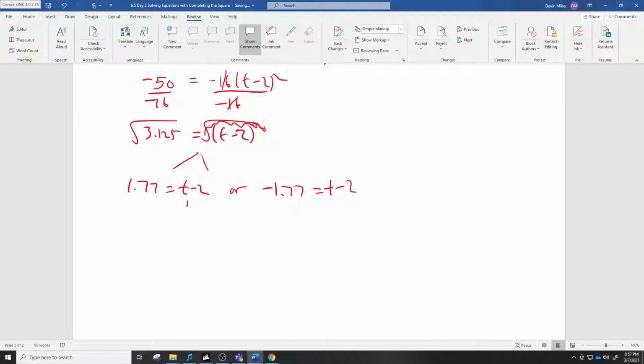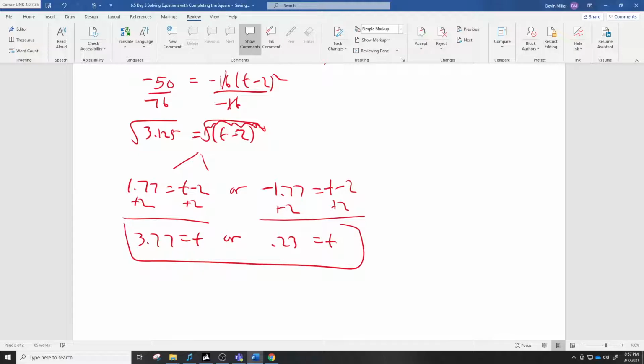And then to solve this, I'm going to add 2 to both sides. And so that would be 3.77 equals t, or 0.23, something like that. 0.23. So here's our times, right? So this means that at 0.23 seconds,